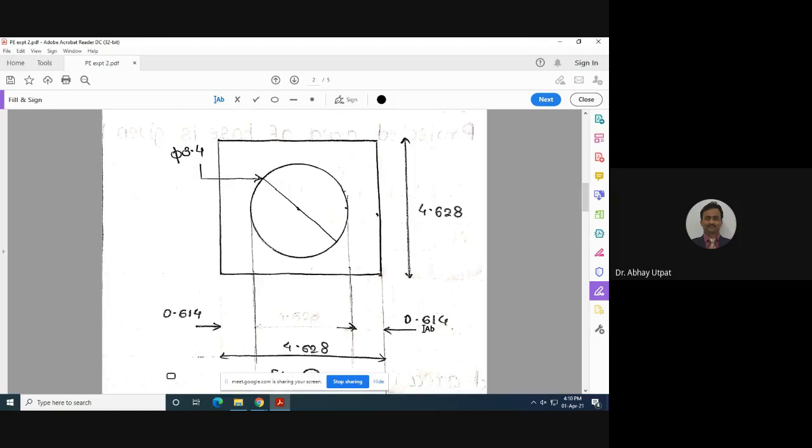For the distance which remains, you have to prove whether it is safe when you inject the plastic material with a 30-ton capacity machine, whether the metallic wall will crack with the pressure of plastic. You have to prove that whatever wall thickness you have selected is safe. How to prove it? You have studied in third year thin wall cylinder theory and thick wall cylinder theory. So this concept is applied here.